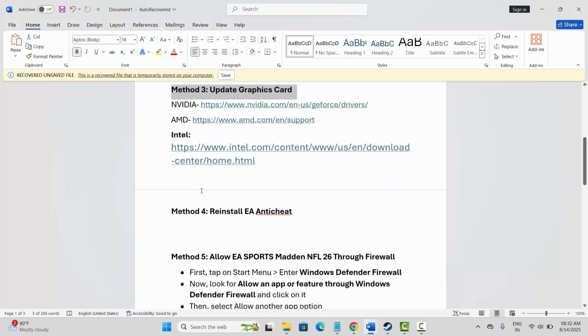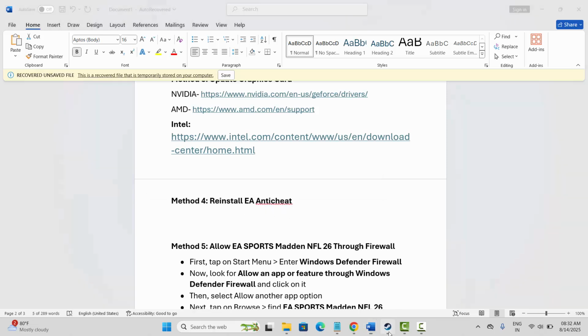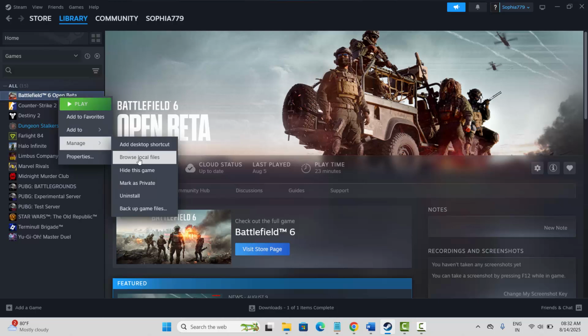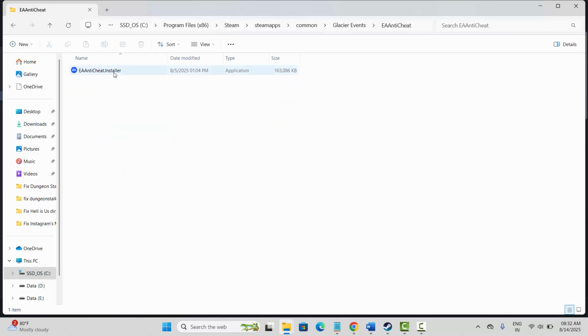Next is to reinstall EA anti-cheat. For that, go to Steam. Under library section, select your game, right click on it, click on manage and then click on browse local files. So this will take you to the game folder where it has been installed. Here you can find anti-cheat. Open it. Now double click on it,